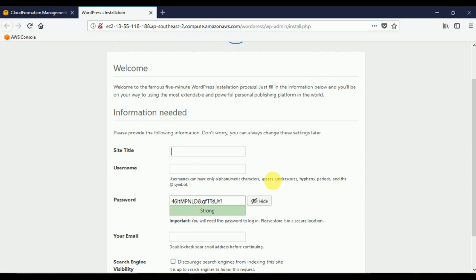So for the timing, let's say that the site title I'm going to give, let's say, my supercomputer. Okay. Username, let me keep it as user, and password once again. Let's say this is the password I'm giving, and it is a strong password. I can hide or I can see. So you know the secret. I gave the password,